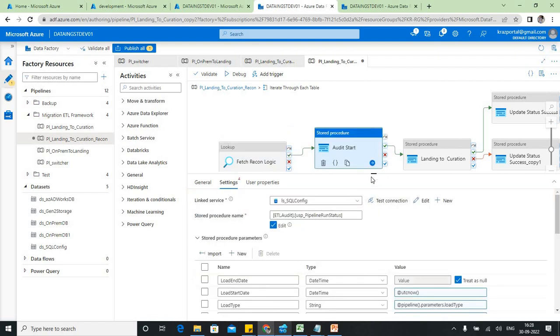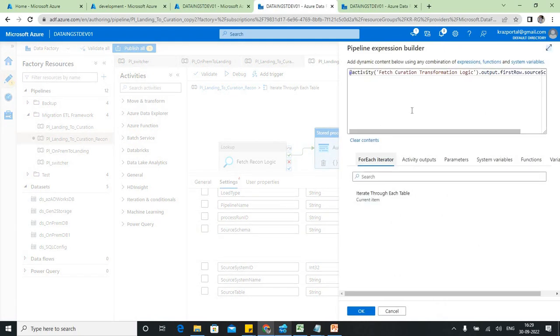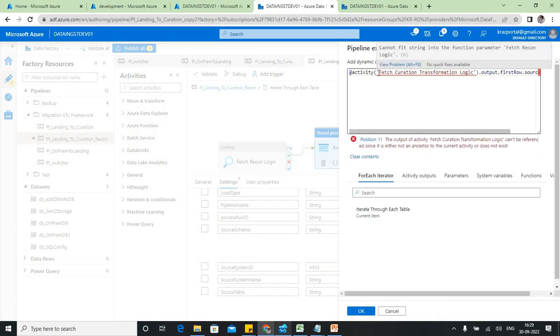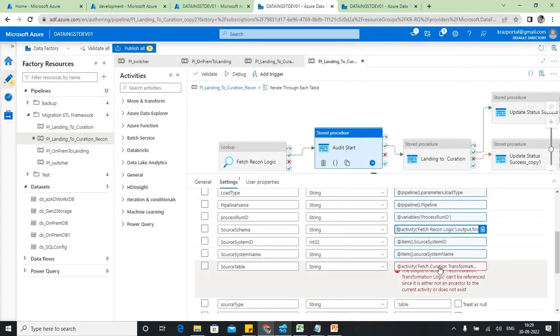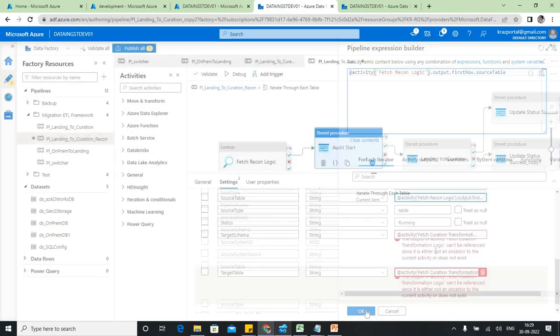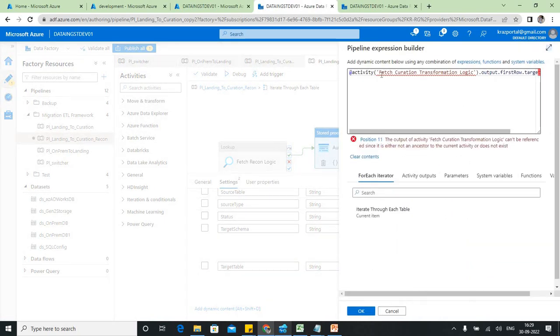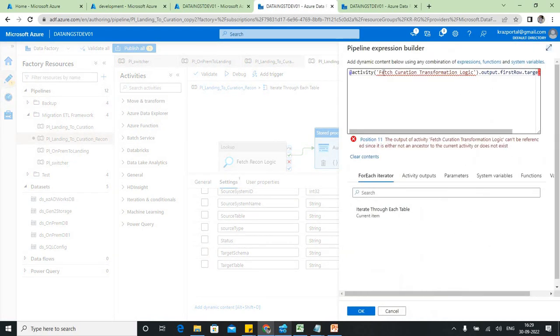Yeah, so let me just change the name, and the field from where it has to pull that information would be same, no change in there. Yeah, it's working. Same way even for source table. For target table it's going to be same, and here it's again going to be same. All right,